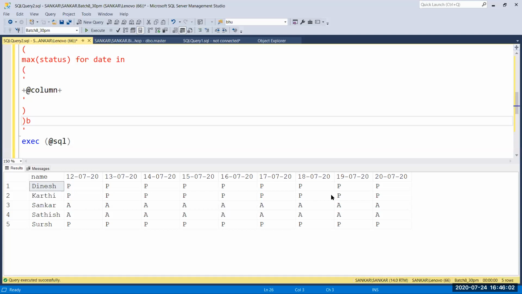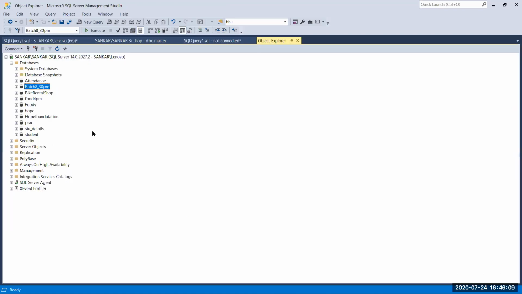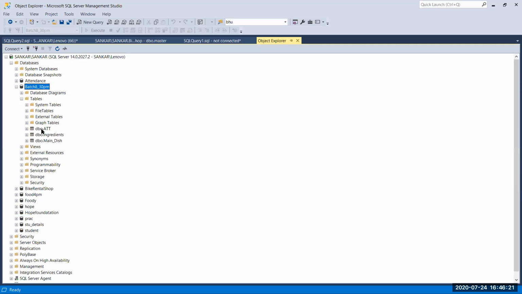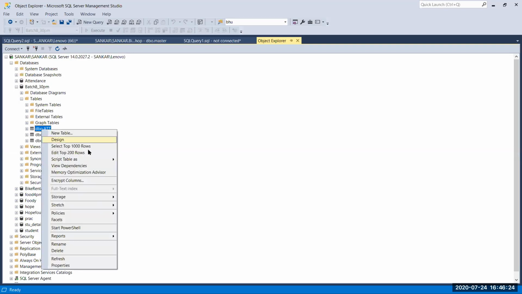Now we'll check. I'm going to add some extra data, for 21 to 23. I'm going to check the data. Already we have 12 to 20. So I'm going to add some extra data.